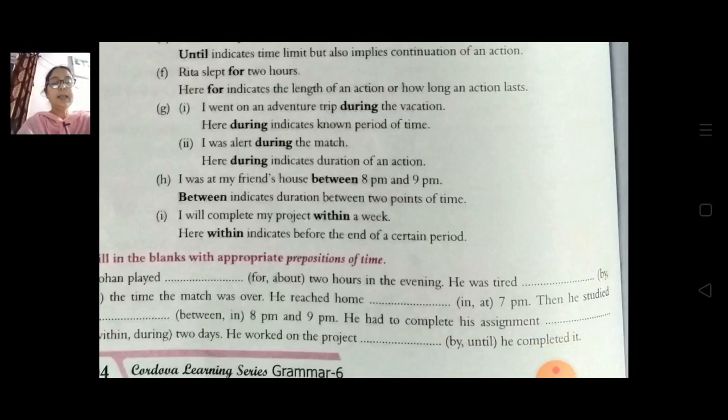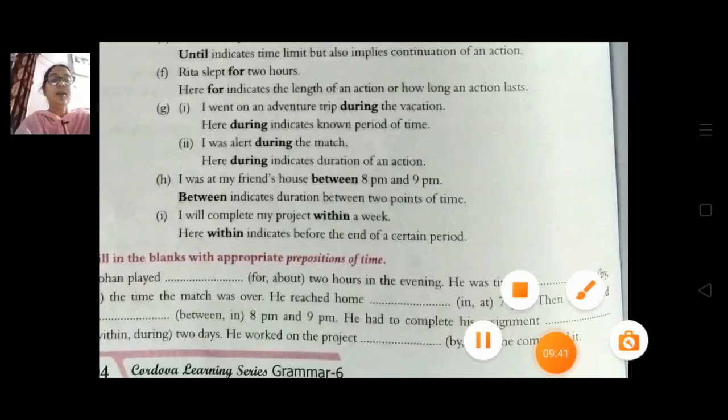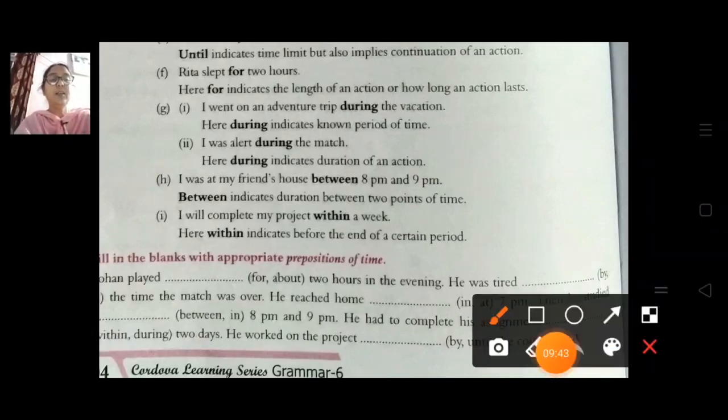Fill in the blanks with appropriate prepositions of time. So Rohan played, we are going to write for. Rohan played for 2 hours in the evening. He was tired in